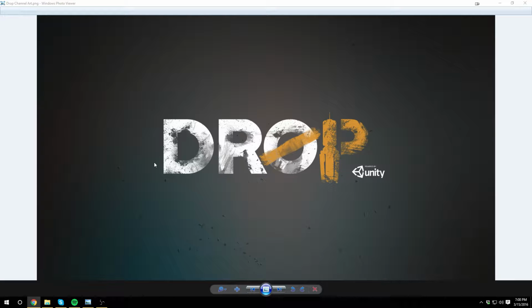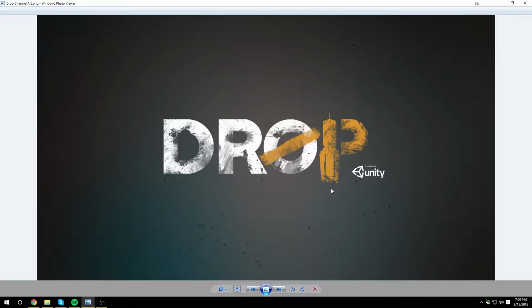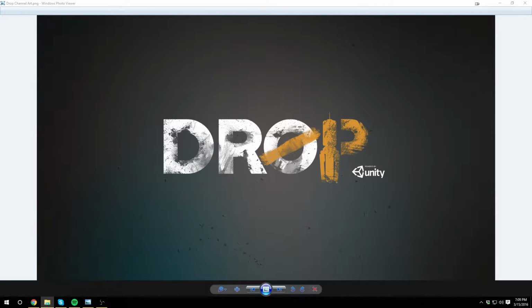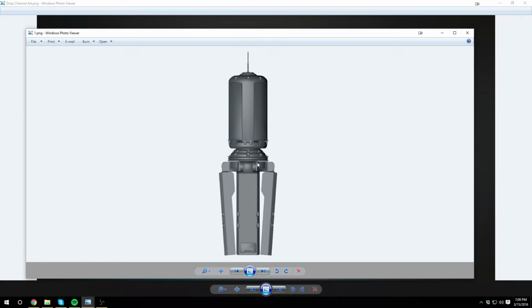Cool. So yeah, today I'm going to be showing you how I made this logo. The programs I used were Cinema 4D, if you believe me, Photoshop, and Illustrator. So I guess we'll go in the same order that I went in. This model, this is actually a model. So let me pull that up. This is the original model here. I just rendered it out,